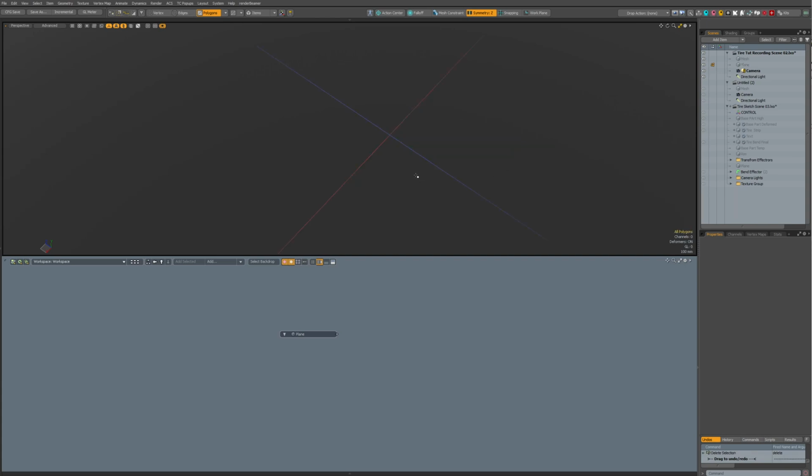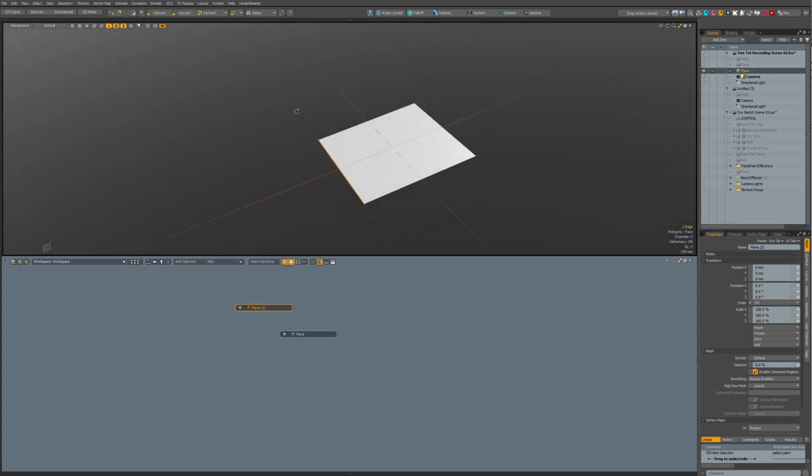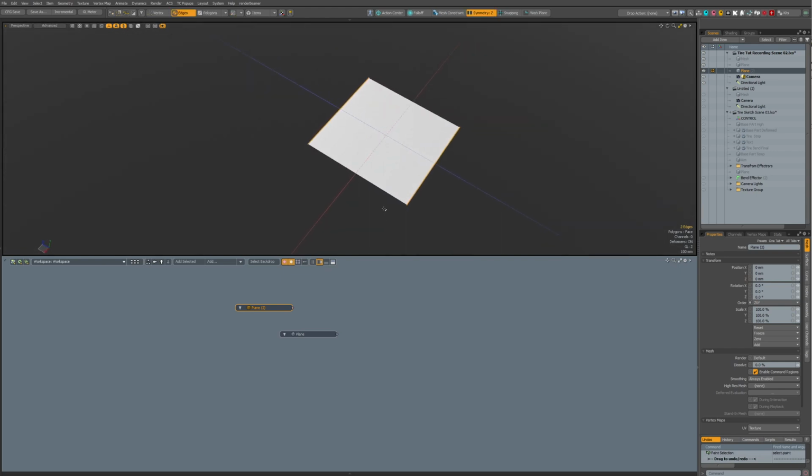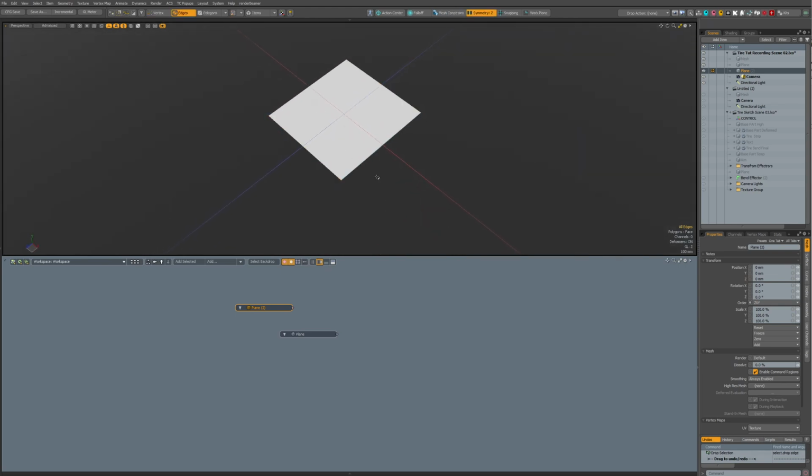Now let's make a new plane. Okay, we have a plane there. I was trying to, it was the wrong axis. The symmetry is working, but my viewport was in the wrong direction.